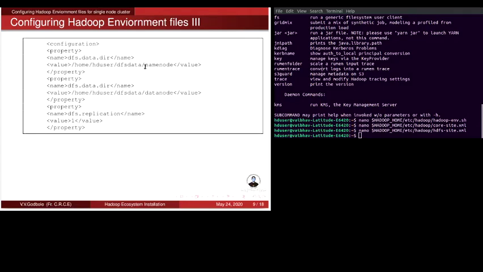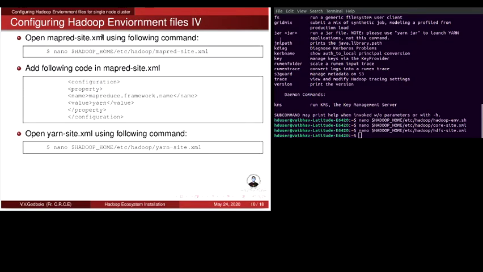This data node is used to store the data which is being analyzed, and this name node is used to store the metadata of the data being analyzed.